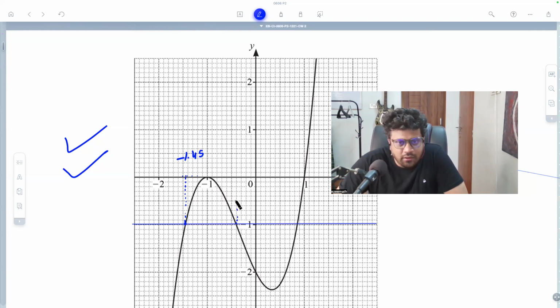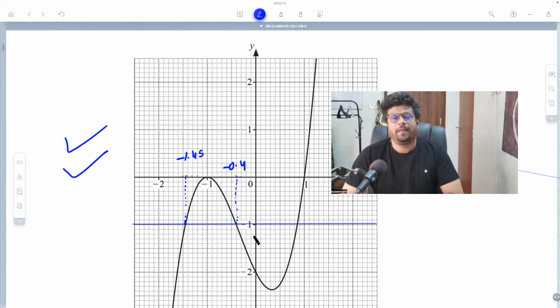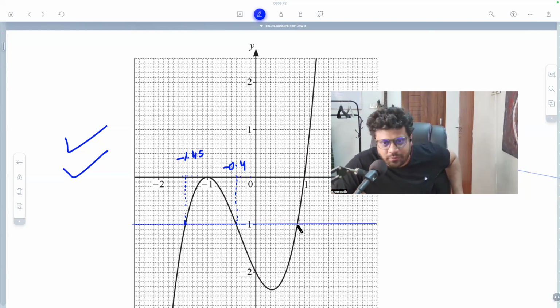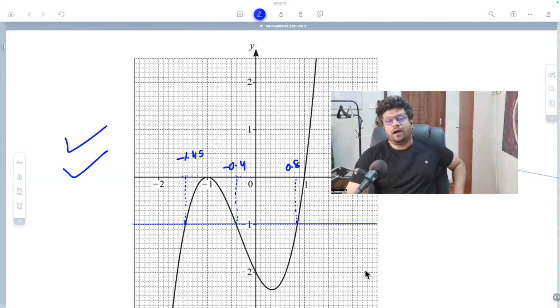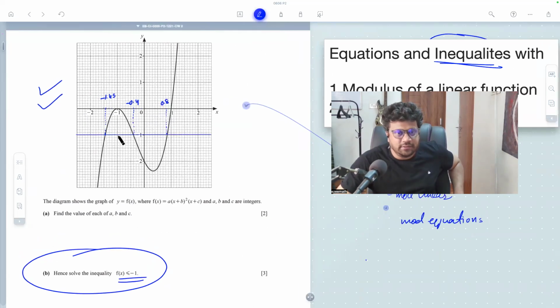This one is about negative 0.4. And this one is about 0.8. After you have located the x coordinates of these points, when asked to solve this inequality, I'm only going to